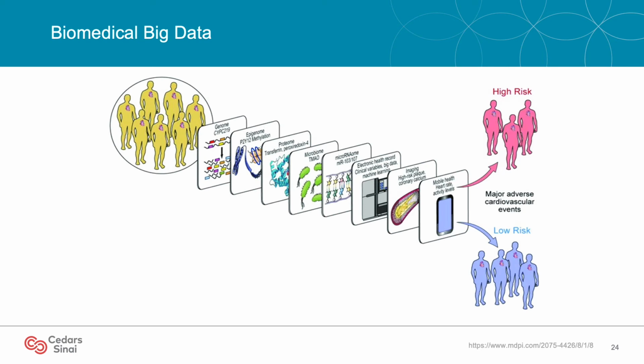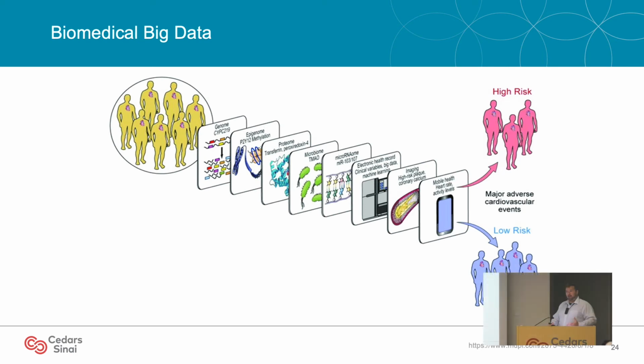Of course, when we're dealing with biomedical data, the big challenge is the scale of the data. We have lots of potential predictive variables coming from genomics, epigenomics, proteomics, the microbiome, EHR, mobile devices. Like, there is a ton of information we can possibly integrate together into a data set. And this leads to all sorts of challenges that I won't get into all of them today, but you can imagine there are just logistic challenges of integrating that data.